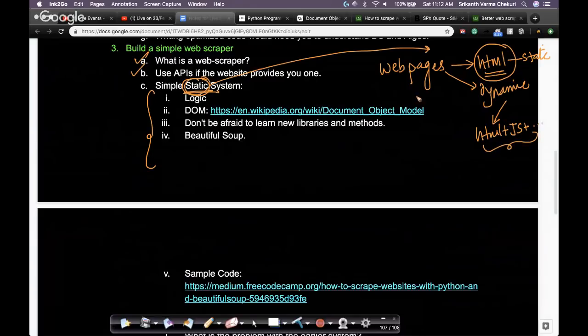So in a dynamic web page, the content in the web page is not static. It changes dynamically. I'll tell you more details when I come to JavaScript and things like that. For now, let's build a very simple HTML page. If I have a simple HTML page that is static, then when your web page loads,